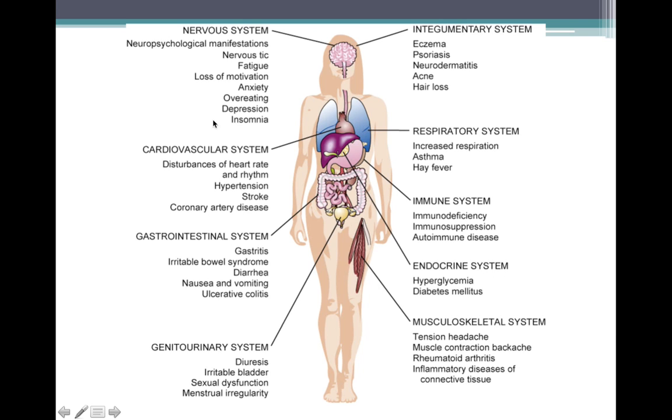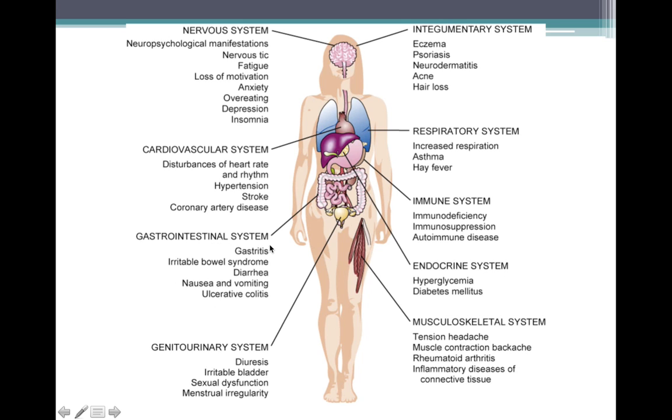So these aren't associated with short-term stress, though. Typically, short-term stress can relate to things like abnormal heart rate and rhythm. You might see a little bit of hypertension in the short term, but in the long term, that can make someone more susceptible for stroke as well as coronary artery disease. In fact, I was just reading an article recently that one of the risk factors for stroke in females is chronic depression. So for females who are chronically depressed, they're at a higher risk for stroke than people who are not depressed, because that is the physical manifestation on their body as a consequence of that stress.